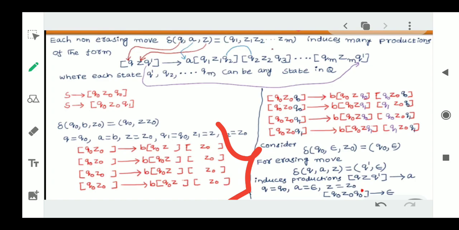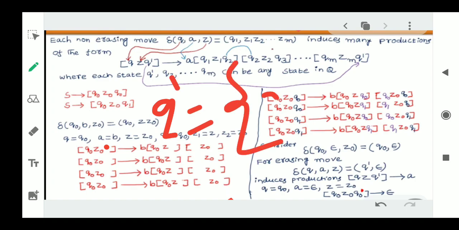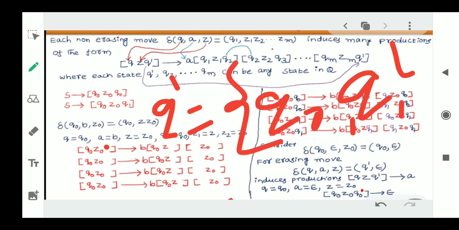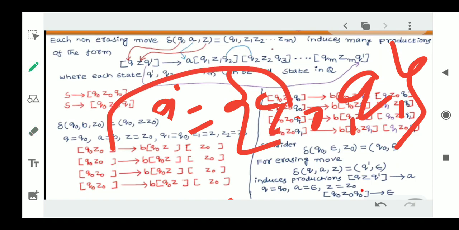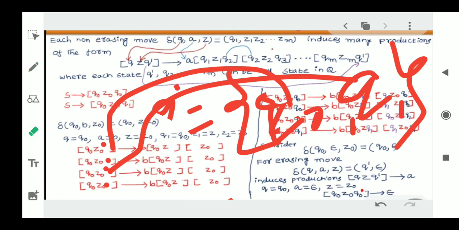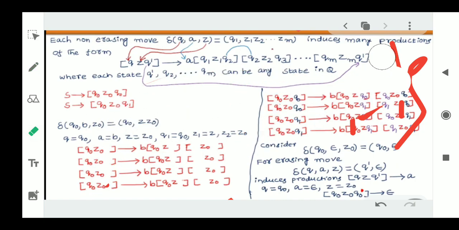Now I am going to substitute Q dash. What is Q dash? Q dash values are not substituted yet, right? So I will analyze what Q dash is. Q dash means the number of states given. Q0 is one state given, Q1 is another state given in the problem. So 2 times I will substitute Q0 here, and next 2 times I will substitute Q1. That's why I have taken 4 possible combinations.